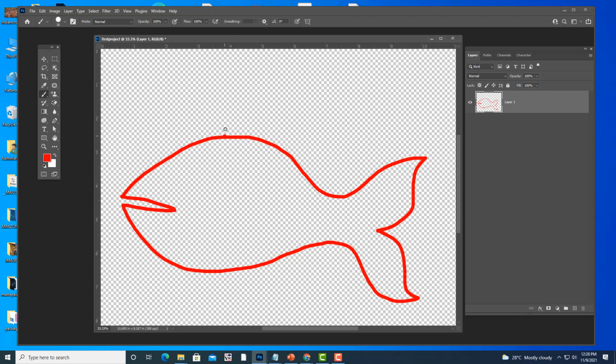So you can also create fins. Okay, so this is a fish. Now we will again create the same fish using the pen tool.